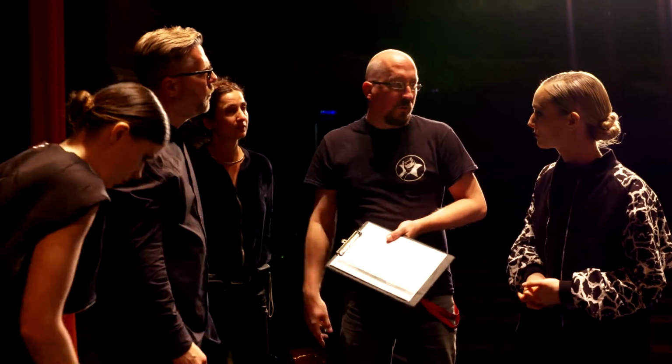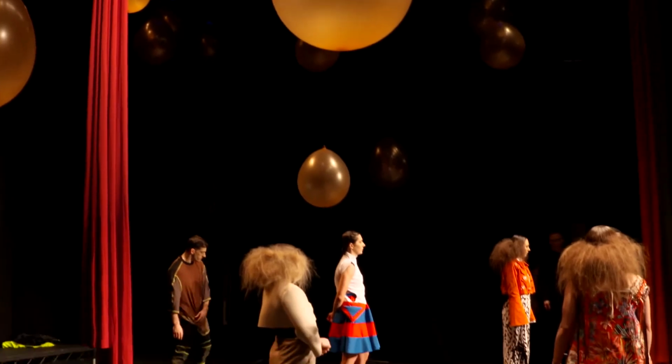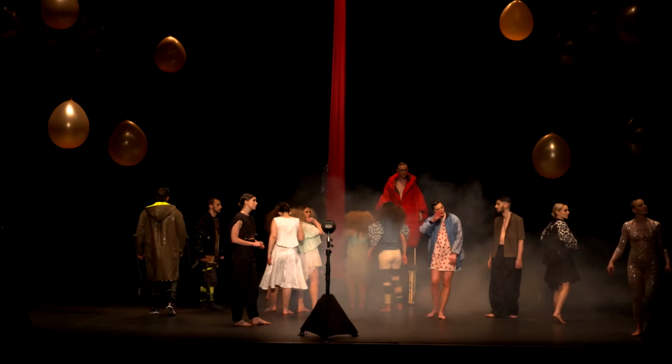The amount of people involved in this project has been huge, and it's a huge joint effort between absolutely everyone. The new Theatre Royal team were fantastic. They've been so supportive throughout the whole project. I was introduced very briefly to Tom, who was in for a meeting, and it was, can you just give us some advice on some lighting? And that was a week ago, and it's turned into the burlesque cabaret that you're seeing on stage